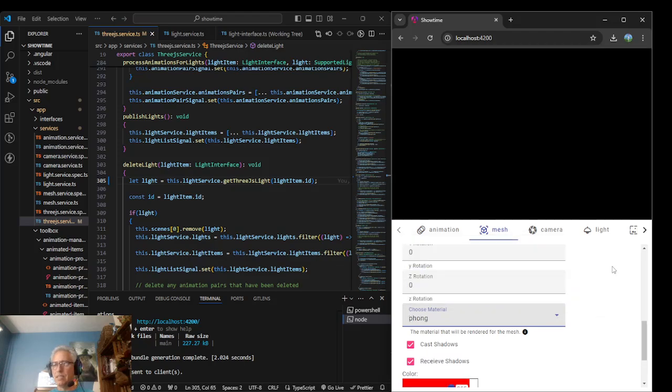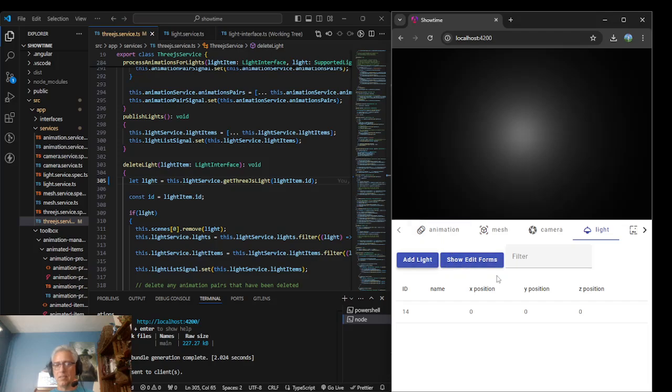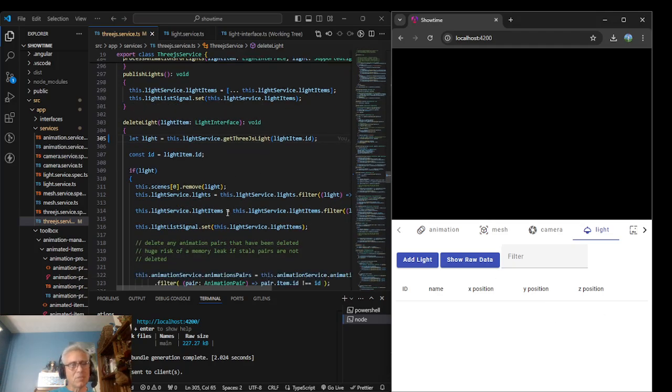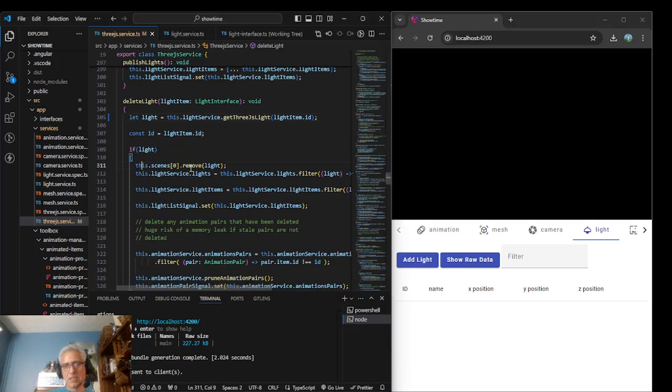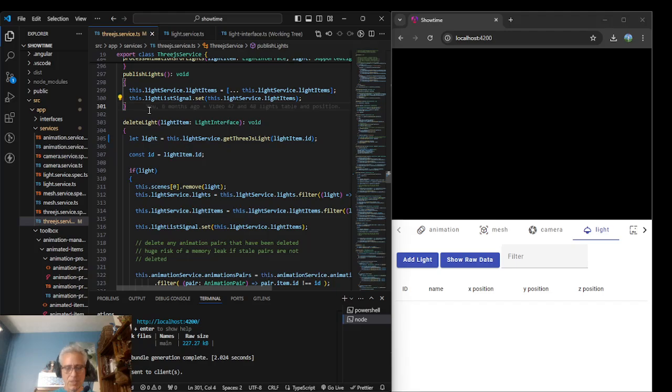But it's really neat. Light, add light, and then show it, delete the light, and it's gone. Okay, so that's good. I wouldn't have expected anything different. So this scene interaction definitely needs to go here, and then what I'm going to do is copy this entire